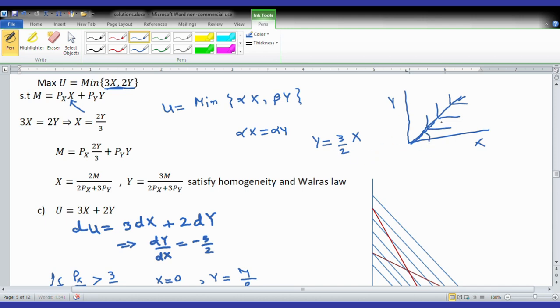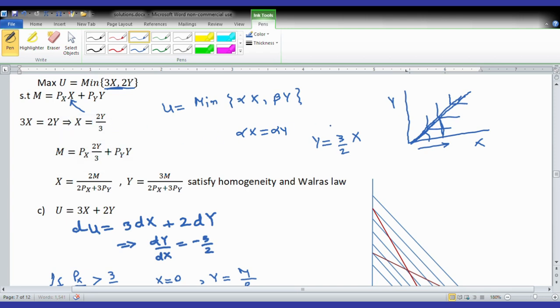See, y over x: this vertical distance is y, this horizontal distance is x, and so y divided by x is equal to 3 over 2. That is the slope of this line going here, and on this line are the corners of these different curves. So once you have obtained either y equal to 3 over 2 x or x equal to 2 over 3 y,